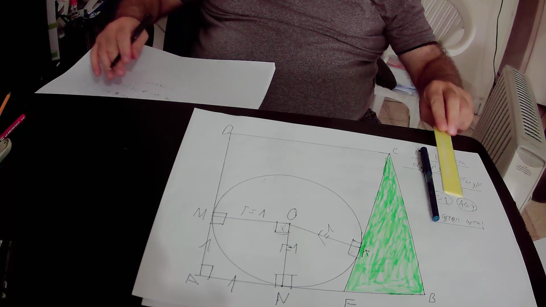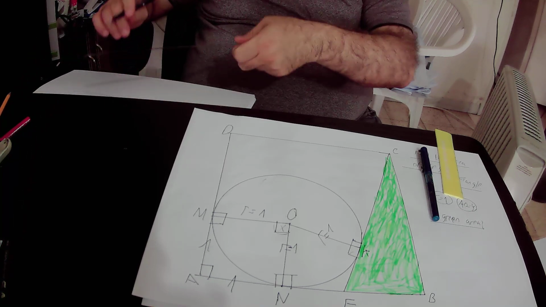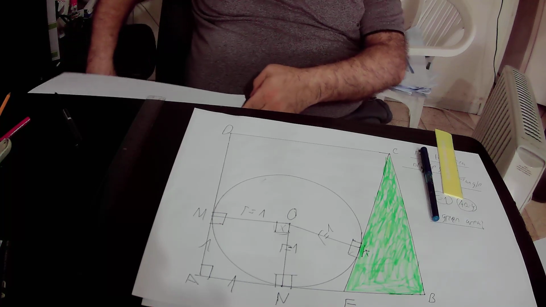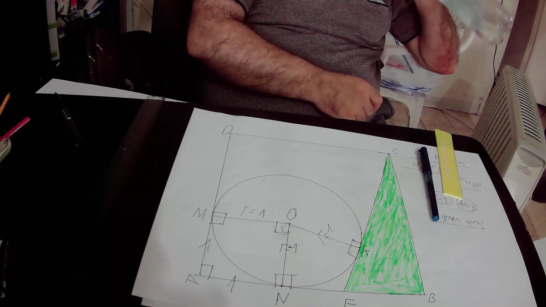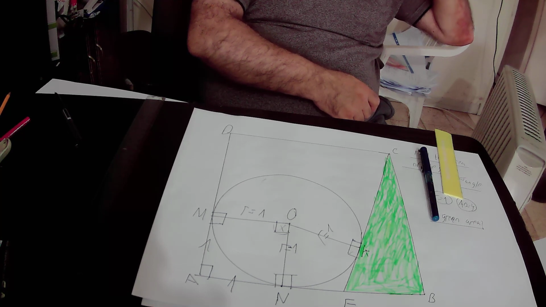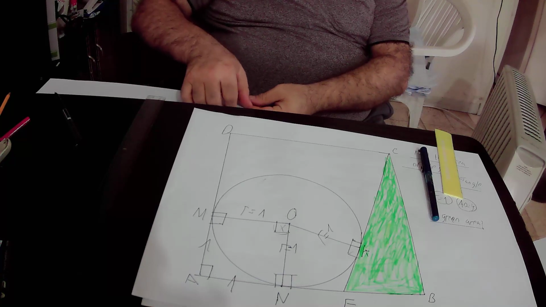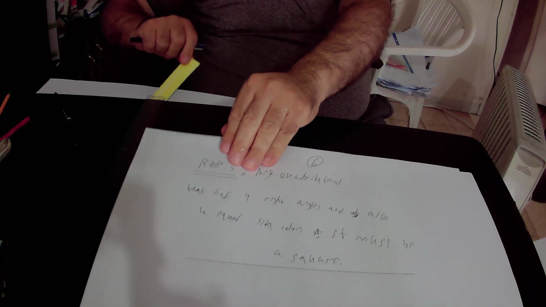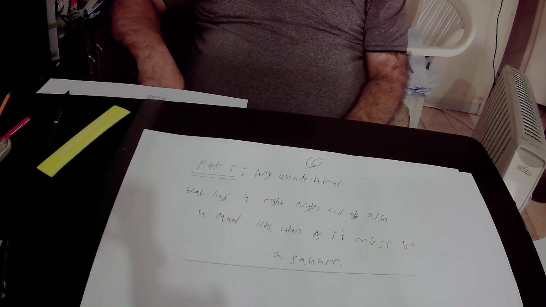I repeat rule number 5 again: according to rule number 5, any quadrilateral that has 4 right angles and also 4 equal sides must be